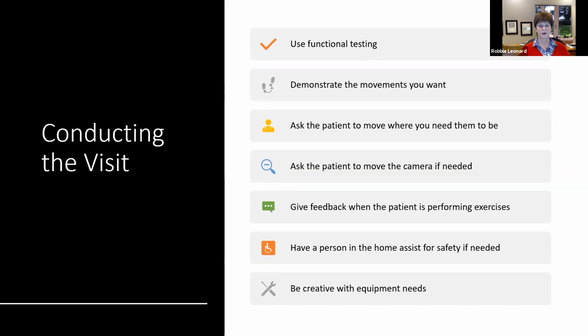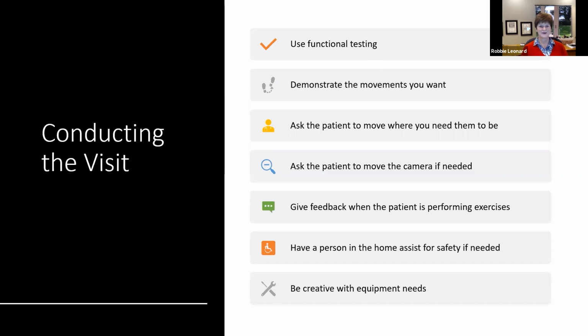Be able to step back from the camera and demonstrate movements. If you're having the patient do shoulder flexion, you can show them, you can turn in different directions and show them what you want to do. You might be giving directions about, give yourself resistance. So think through what your demonstration needs to be. Right and left is a problem when you're doing audio video, right? Because it's opposite. So I would be cognizant of that. And so your right's going to be their left. So just be aware that they're mirroring your movements, and it doesn't look the same on the video, right?